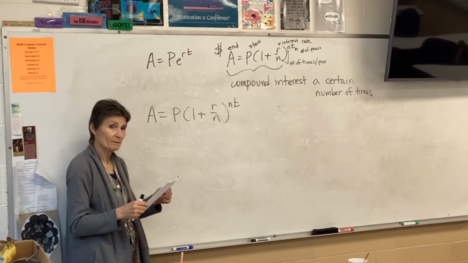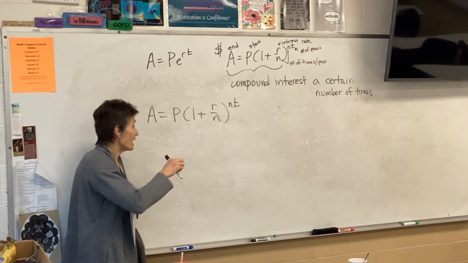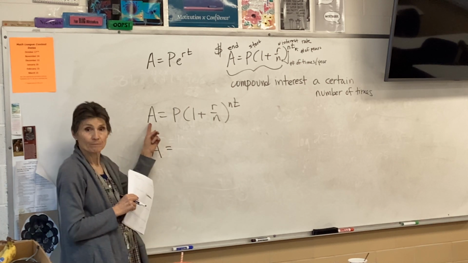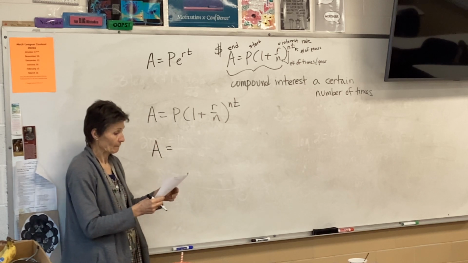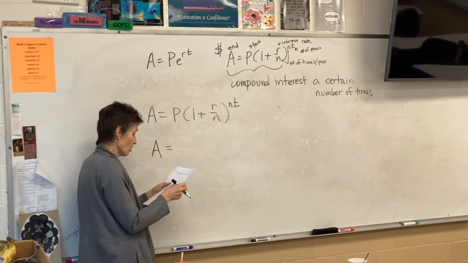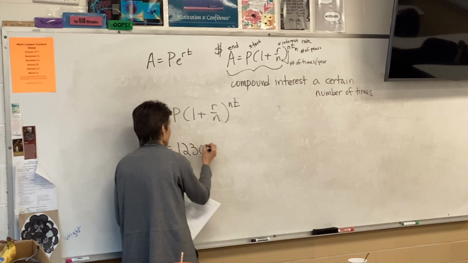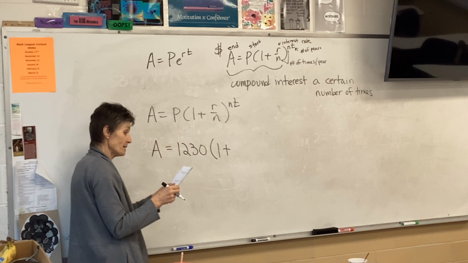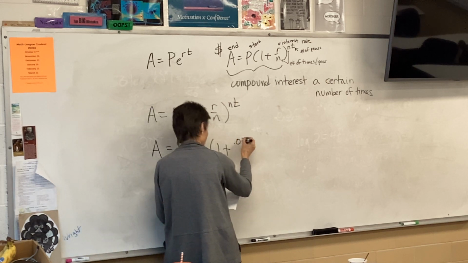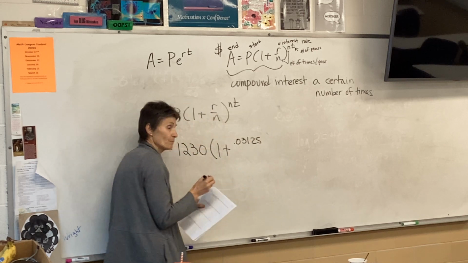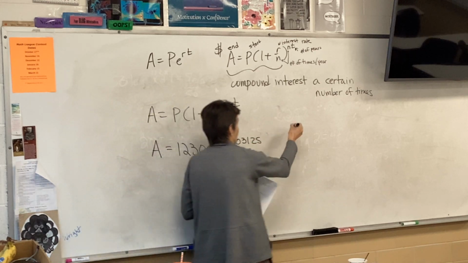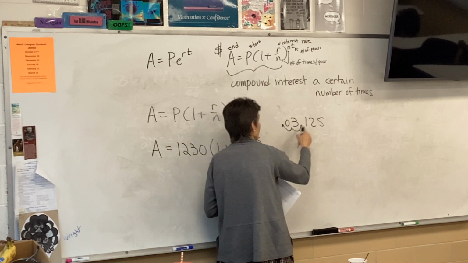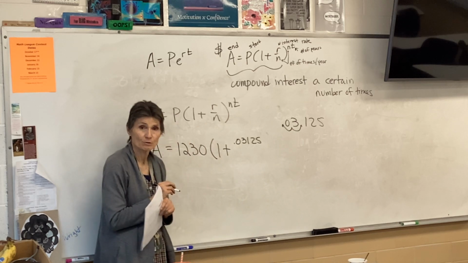How much will be in the account? In other words, how much am I going to end up with? I don't know. That's A. That's what I'm going to figure out. If I start with 1230, remember that's my starting amount, and my interest rate is 0.03125. One more time, 3.125, two places, 0.03125 is my interest rate,